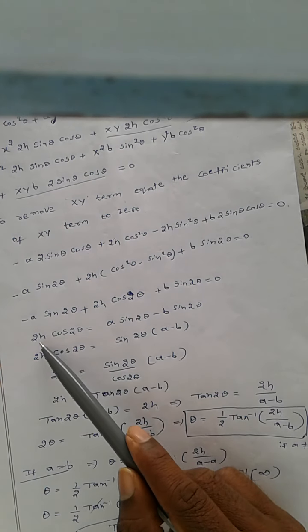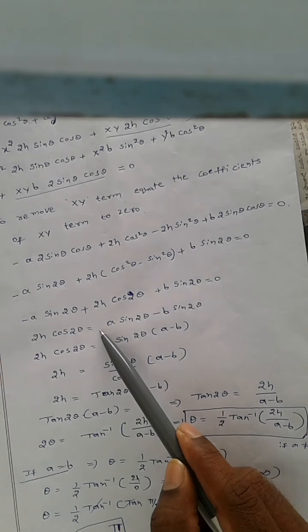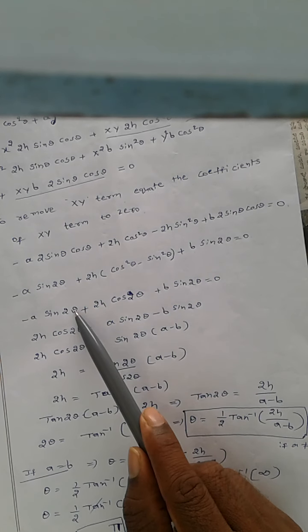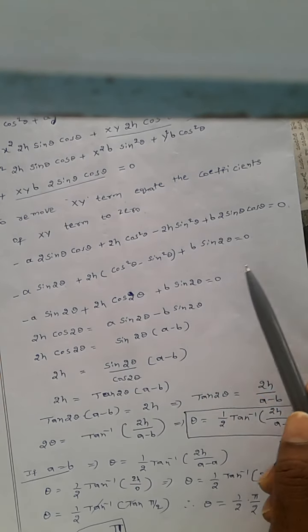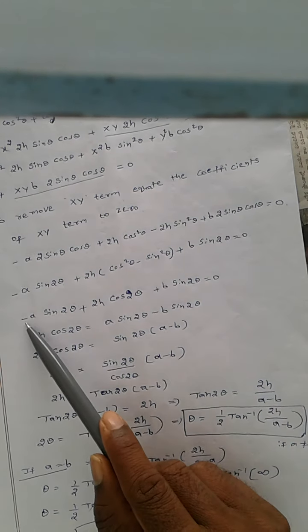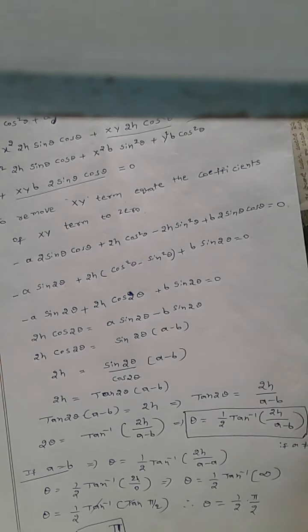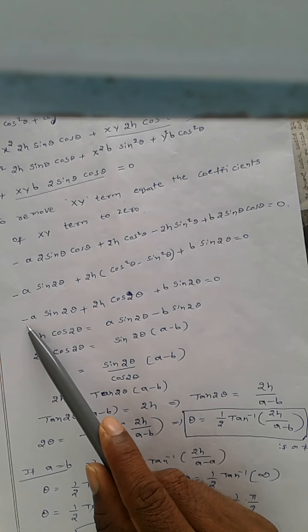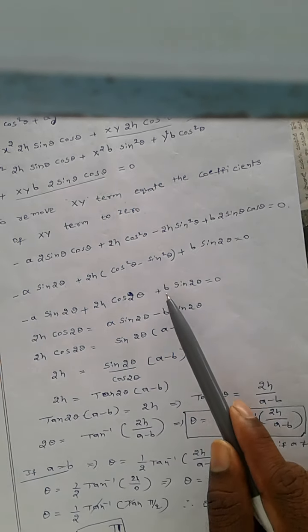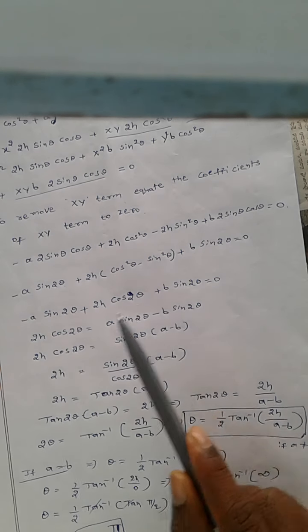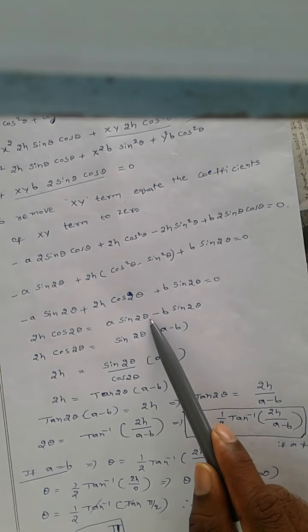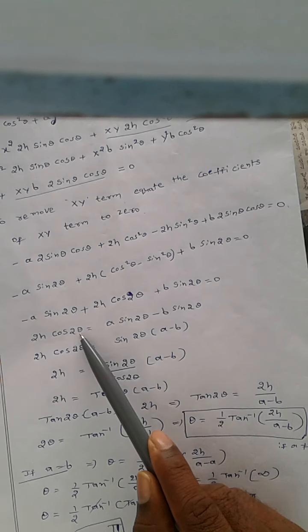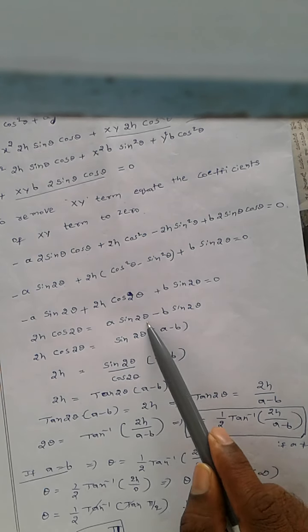Now 2h into cos 2 theta is equal to... Keep this term on the right side. This is a plus quantity; when it is kept on the right side it becomes a negative quantity. A negative quantity kept on the right side becomes positive, and a positive quantity kept on the right side becomes negative. So 2h into cos 2 theta is equal to a into sin 2 theta